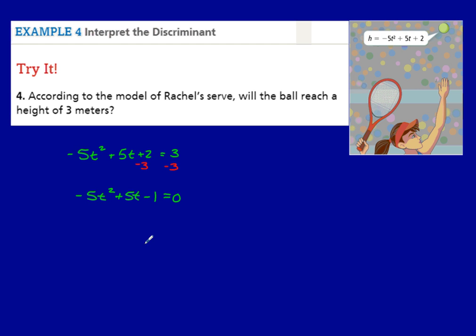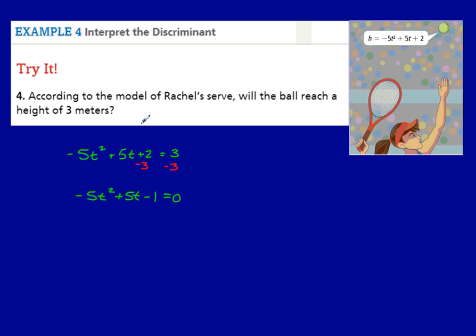I'm going to save this one for class as well. But if you want to, you can plug it into the quadratic formula, the x equals negative b thing, and solve for t. If t is a real number, then you could say yes, it will reach a height of 3 meters. If it is not a real number, meaning if it has i in it, if you take the square root of a negative number, then